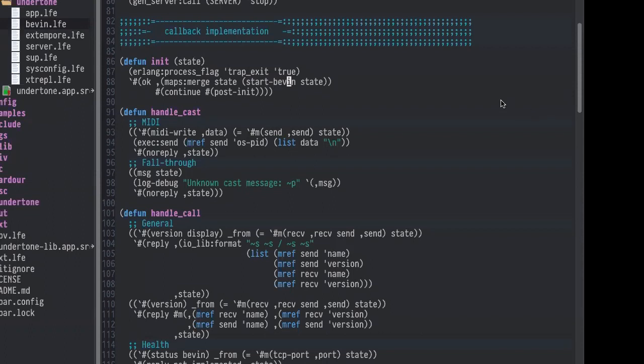So you're trapping exits there as well. Yeah. Is that okay? Fine. Again, that depends what your server's doing, right? How your server wants to handle things, how it's going to handle it if it's linking to things. In this case, the port doesn't, I don't think, generate an exit, does it?